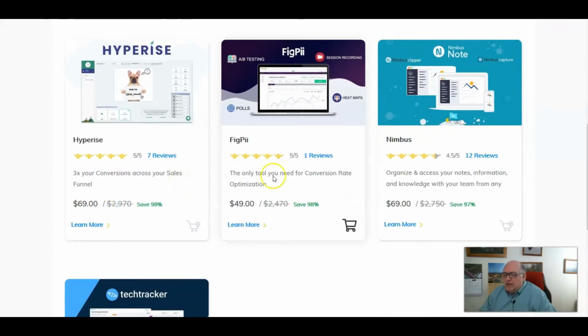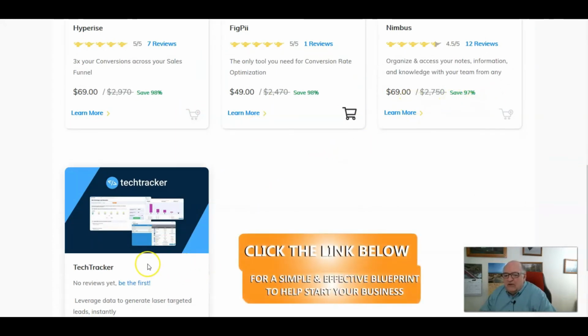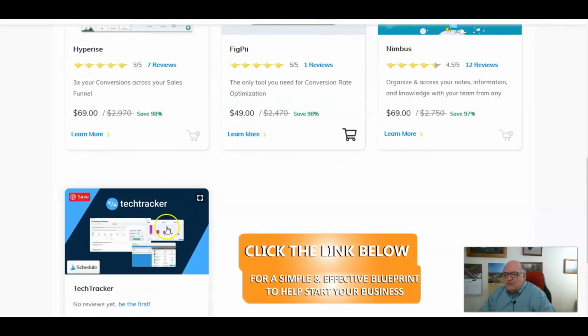I checked a couple of these. They have limited traffic. Obviously, there's 7, 1, 12 reviews of these. When I checked them, they're all basically sold out already. They had limited numbers that they were selling on these.